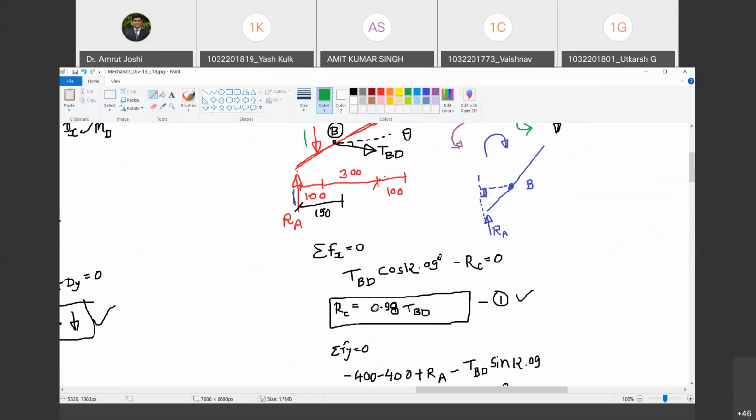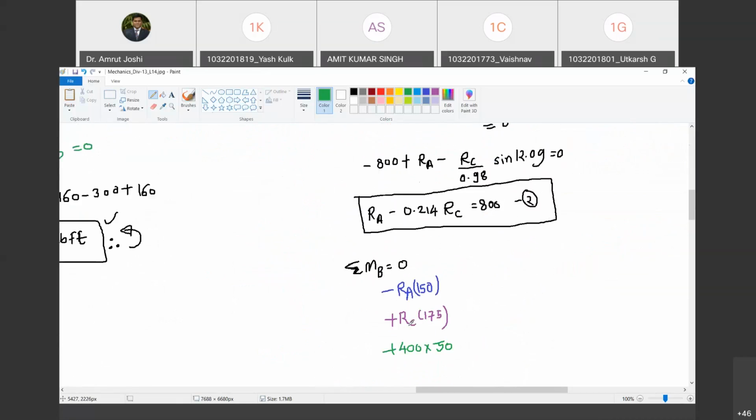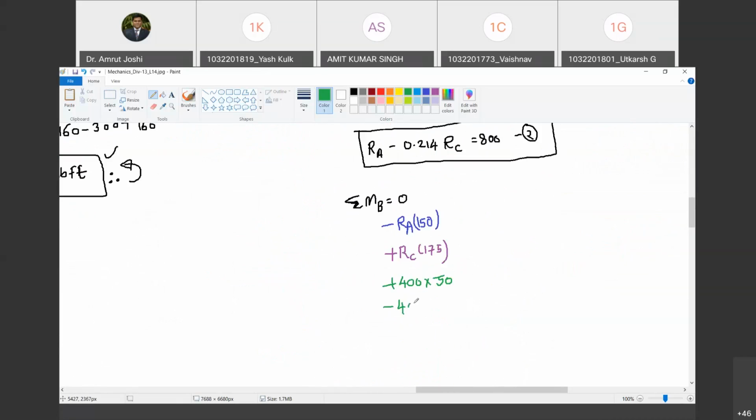Am I right? Yes. Then second force, this is 400. What is the horizontal distance? 150. To be subtracted from 400. Yes, 400, sorry. This distance is 400 minus 150. Are you with me? Yes. So this distance is going to be equal to 250. Happy? So it is minus 400 into 250. Minus 400 into 250. This must be equal to 0.